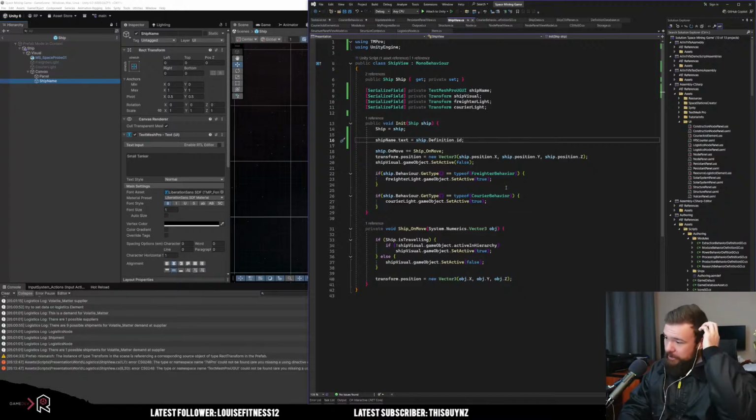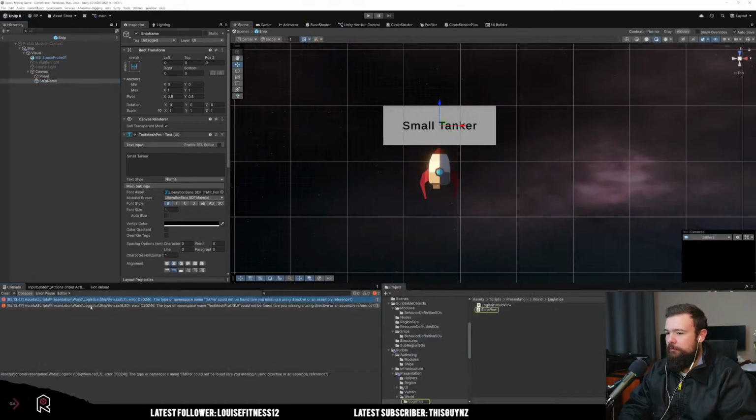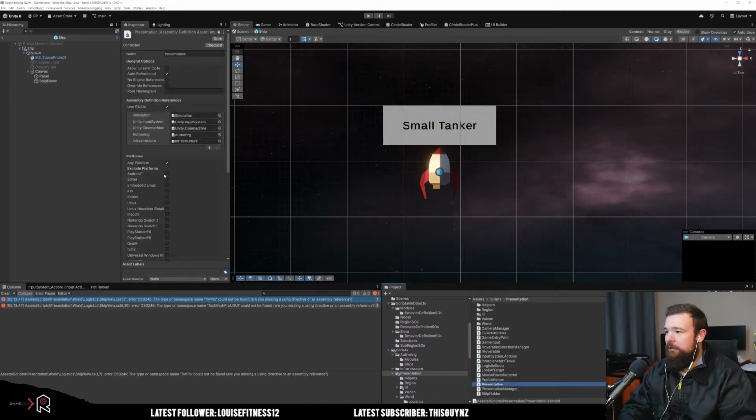Okay, so now at least I should be able to see. Oh, my presentation does not have TextMesh Pro in the assembly definition. Interesting. Okay. So over here, I need to add, I guess,